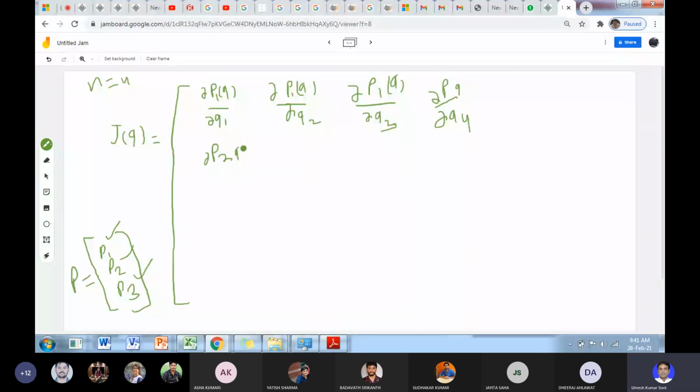∂P2/∂Q1, ∂P2/∂Q2, ∂P2/∂Q3, ∂P2/∂Q4. Similarly will be there. Okay, after this you have